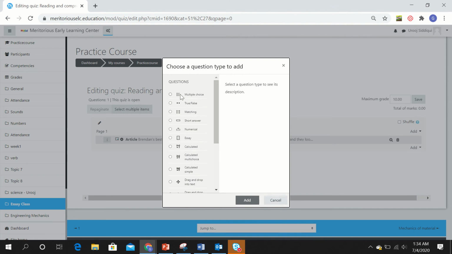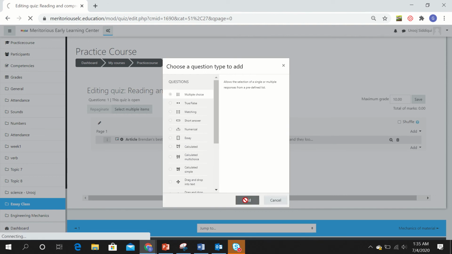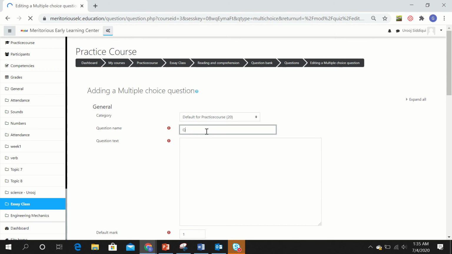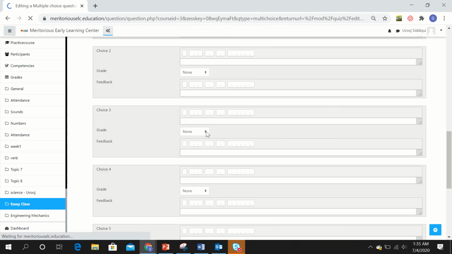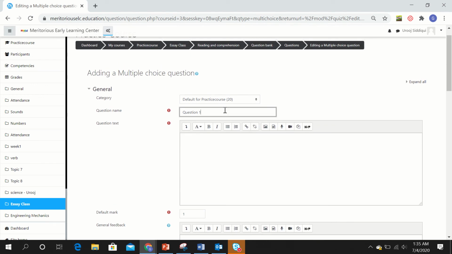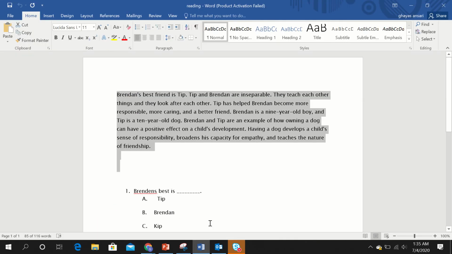For the first question, I'm choosing this multiple choice question. So let's add it. Name it as question number 1. Question 1. Okay. You can copy paste the text from the Word file.